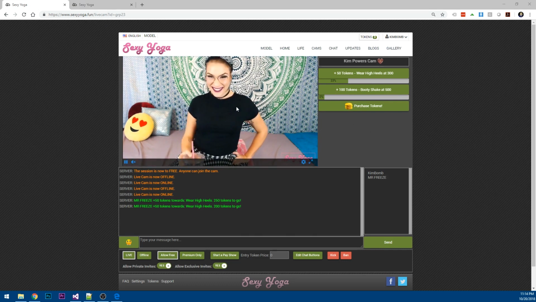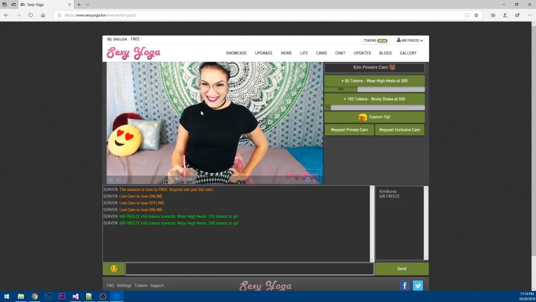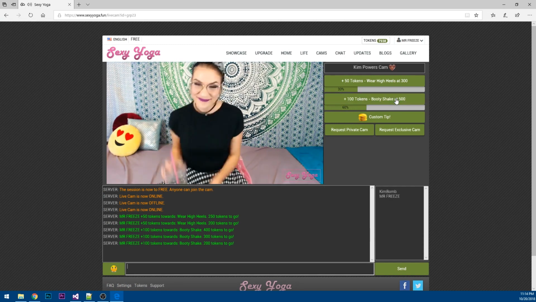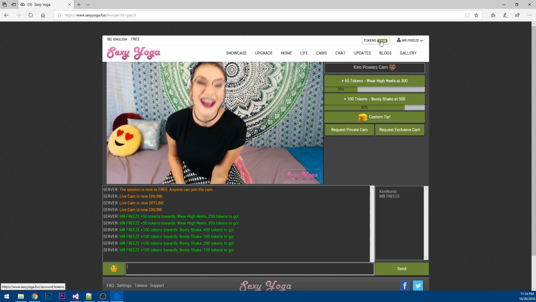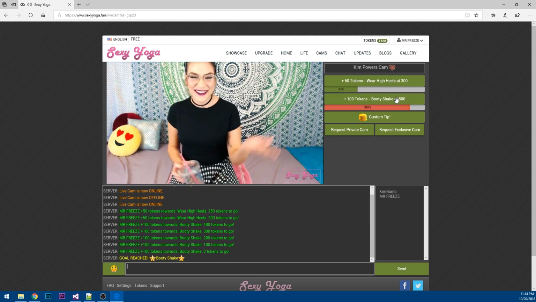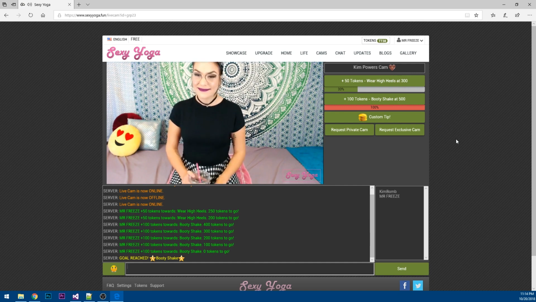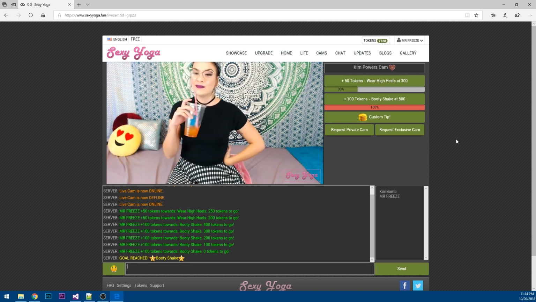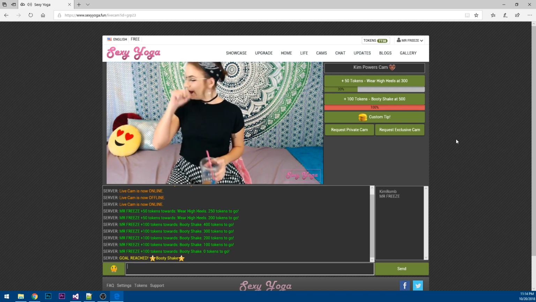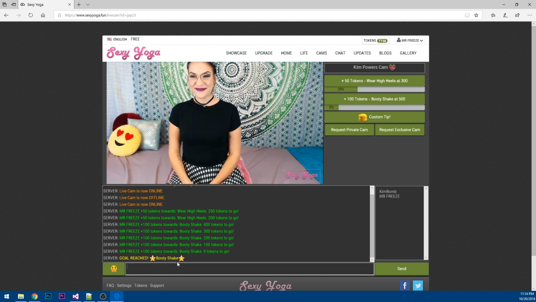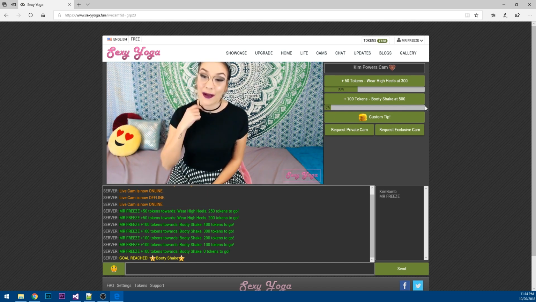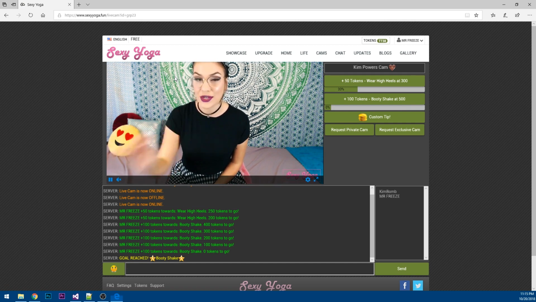So if we bounce over to the end user's profile, let's go ahead and fill this one up. You can see his tokens are being spent as he clicks it. Okay, at this point, the model would then respond to the fact that the booty shake goal was reached, and she would perform her booty shake activity. You can also see that the goal reset itself back to 0 here. Now, let's go back to her profile